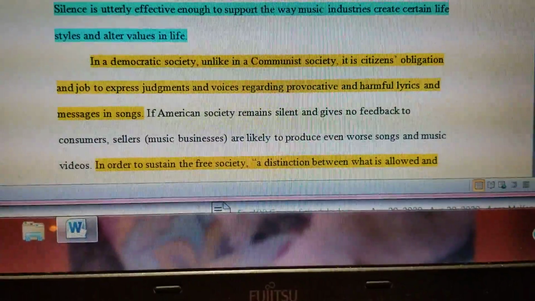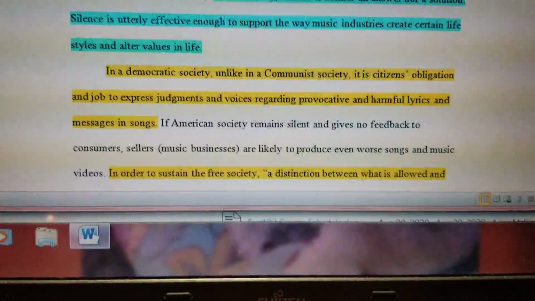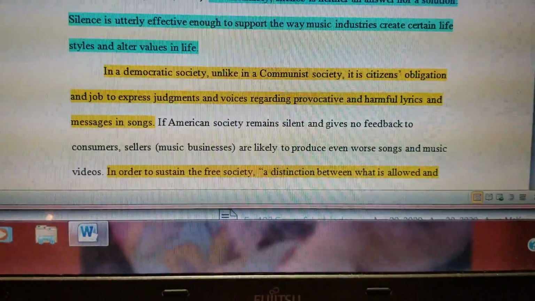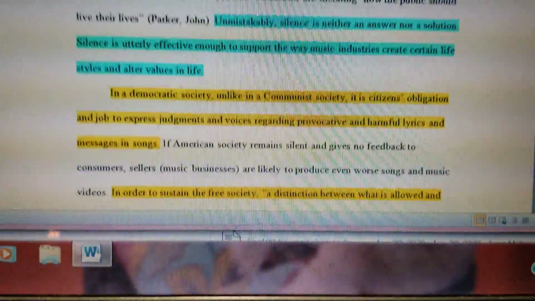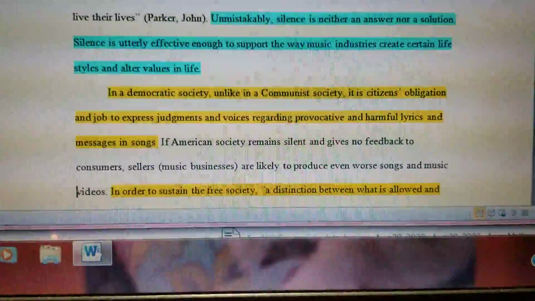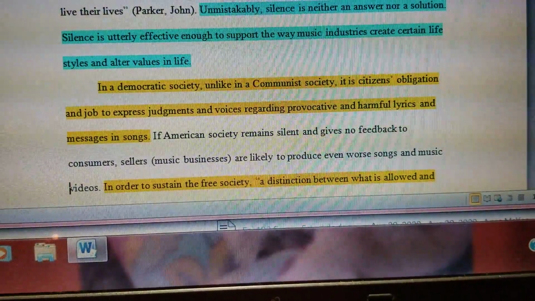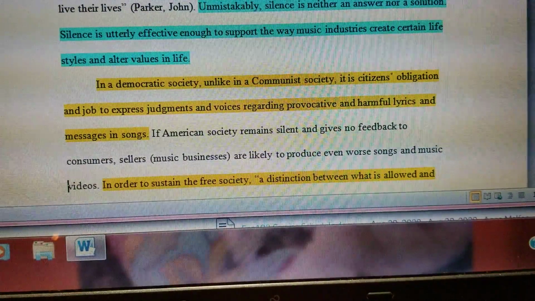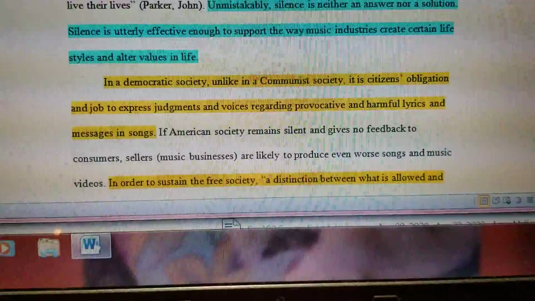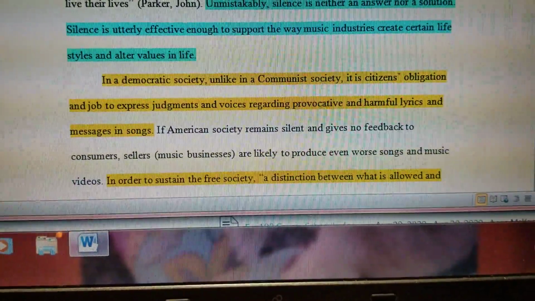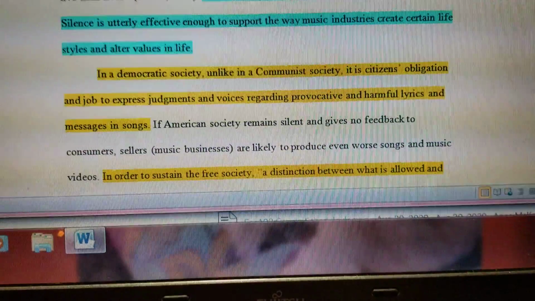Her major solution to the problem is the public needs to take responsibility. And we are now into her conclusion. Her solutions that she's proposing to solve the problem. In a democratic society, unlike in a communist society, it is citizens' obligation and job to express judgments and voices regarding provocative and harmful lyrics and messages in songs. If American society remains silent and gives no feedback to consumers, sellers, businesses are likely to produce even worse songs